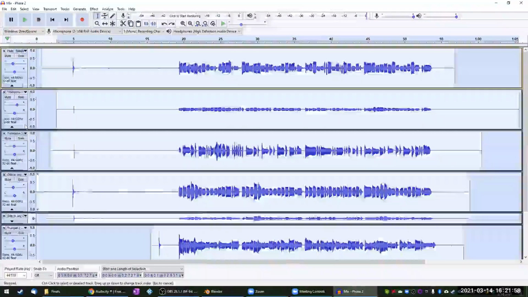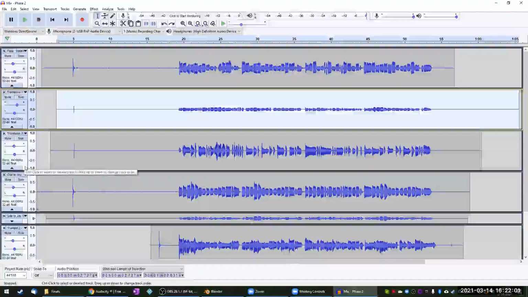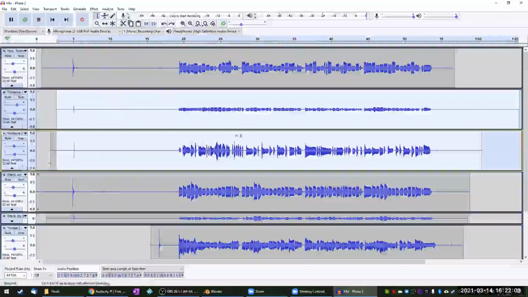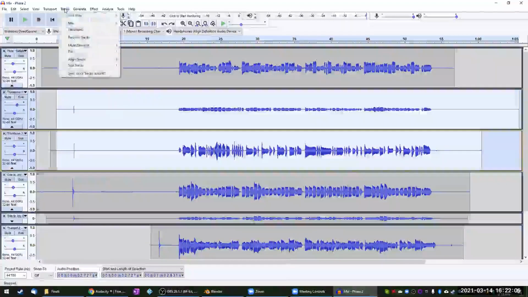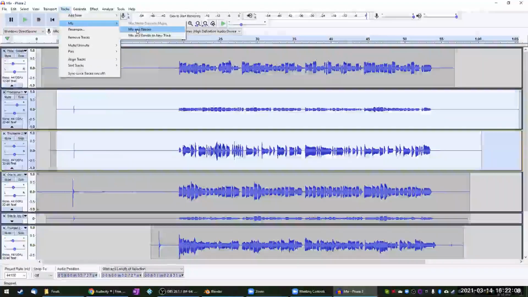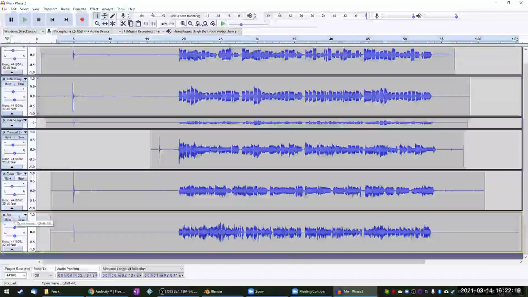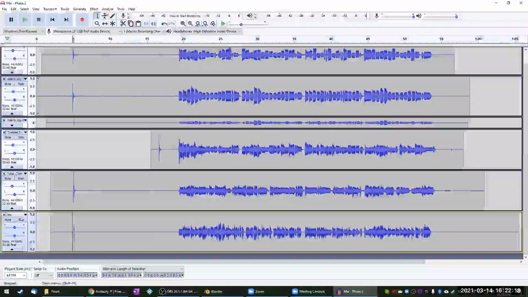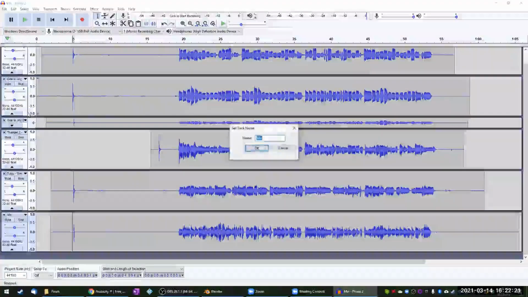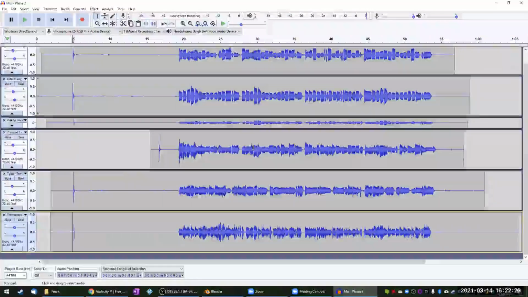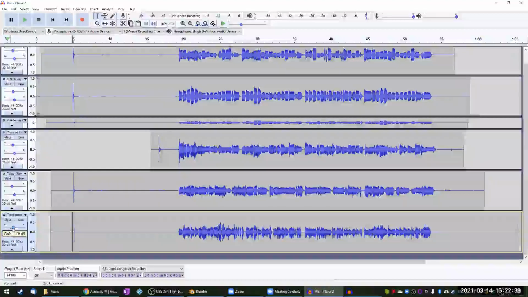And let's say I have these two trombone parts here. If I click on one and then hold down Shift on the keyboard and click on the other to highlight them both, I would just go to Tracks, Mix, and Render. Assuming I'm already happy with the volume settings on both of those, it's going to give me a new track. It unfortunately does take the name out, so you can click on the little label here and change the name to Trombones. And then that individual section is now at the normalized volume that we were happy with, but you can then turn that section up and down as you wish.